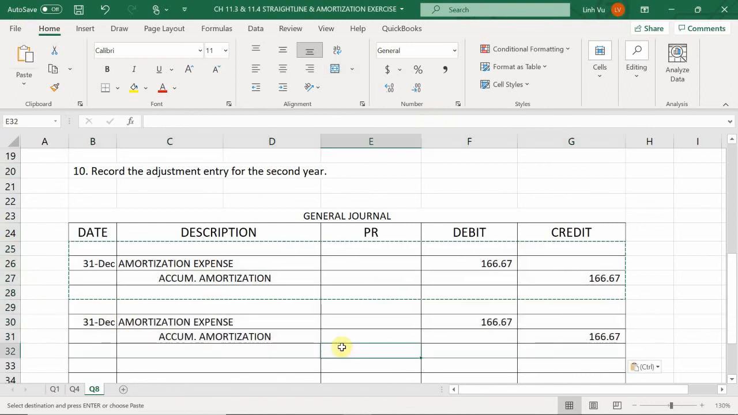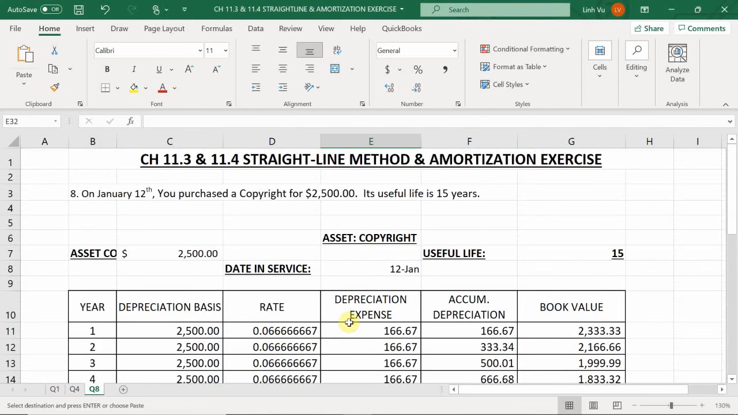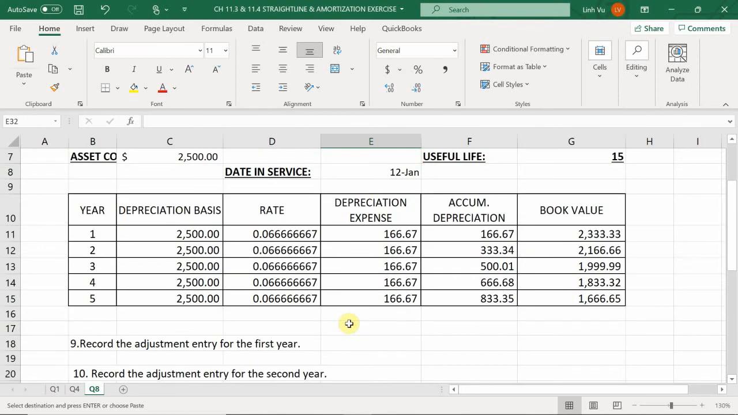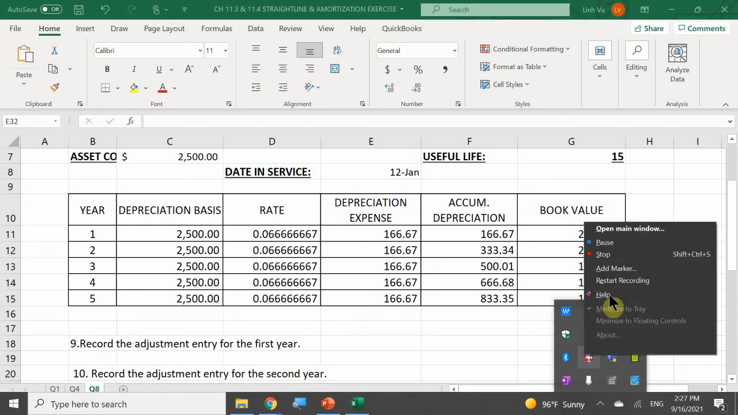All right. Excellent. Any questions in regards to chapter 11.3 or 11.4? No, I don't think so. No, you did a good job. Okay. So, with that being said, that is all I have for you today. Like I said, I really want to save